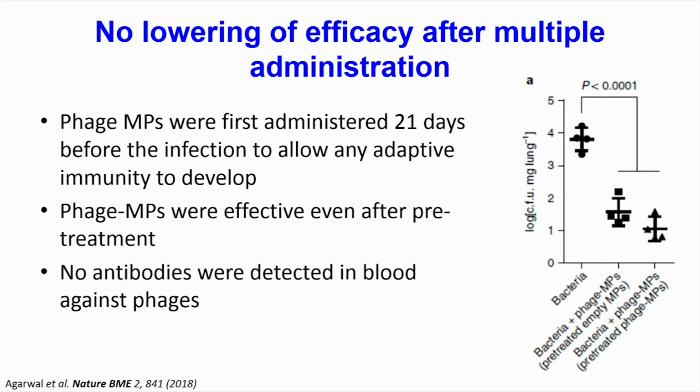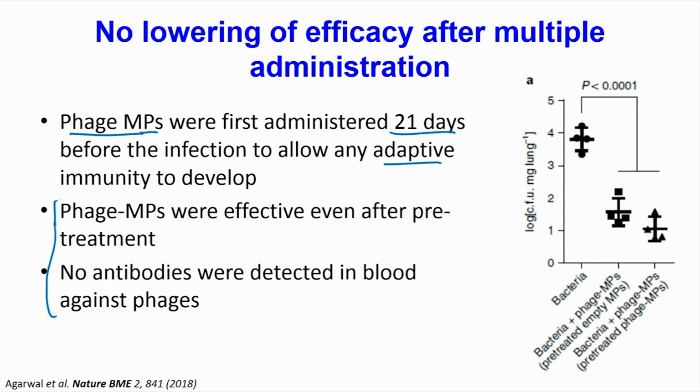And then one question that repeatedly arises with the phage treatment is: what about the immune response against the phages themselves? Because phages are foreign, they can elicit some immune response. So, in this case the authors wanted to test what happens if they give phages before and then try the therapy. In this particular experiment, they first used the mouse to deliver the phage microparticle without any bacteria. They waited about 21 days, which is good enough time to let the adaptive immune response develop, and then